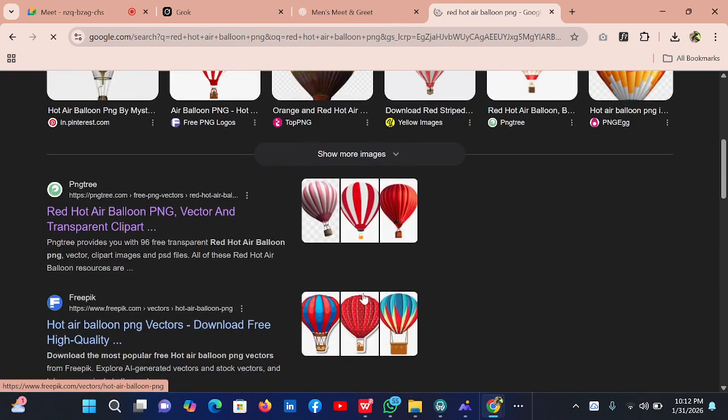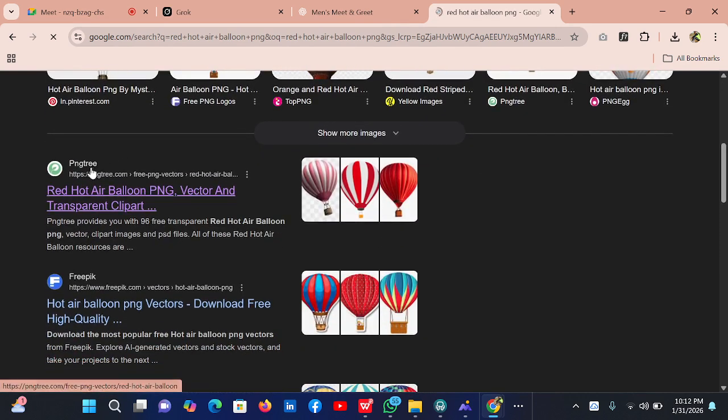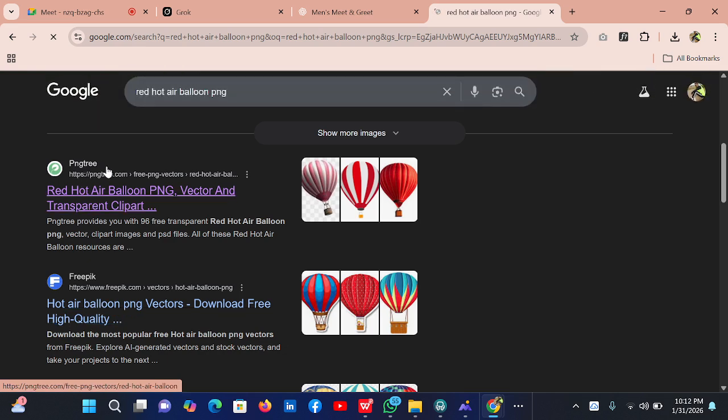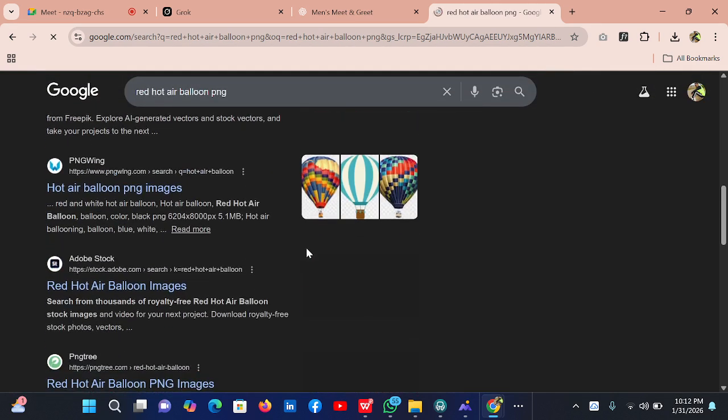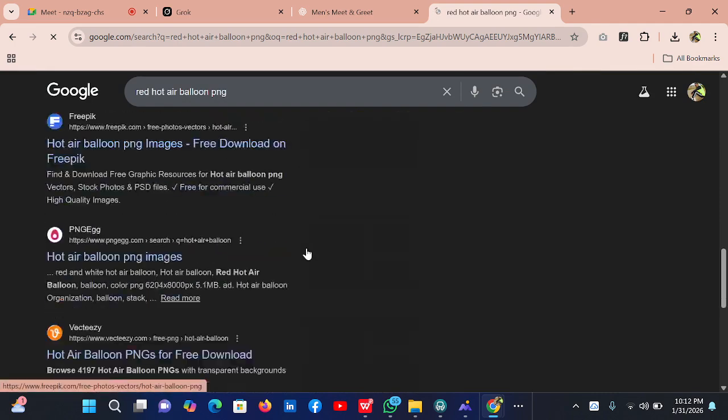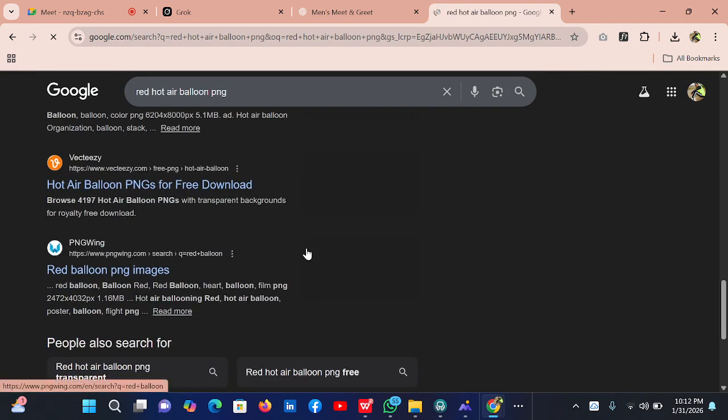What I'd do is I'd either go to FreePic, I'd either go to PNG tree, I'd open any of them in search of that particular one thing.